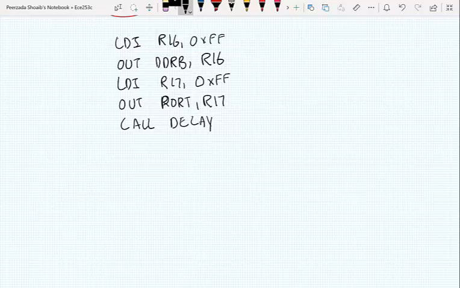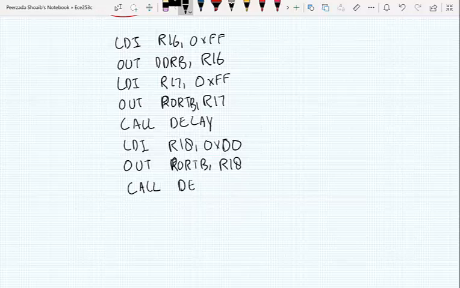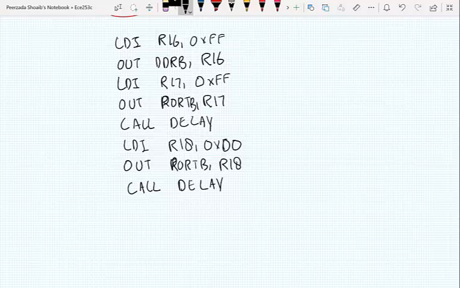And after that I will again do LDI R18, turn the LEDs off, 0x00, out PORTB, R18. Then again this delay, I will call the same function if I need the same amount of delay. Then I have to repeat the process, jump ABC. So ABC will